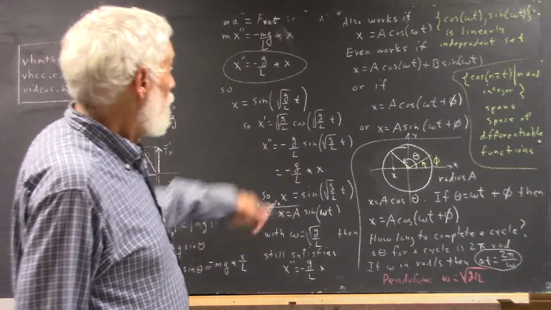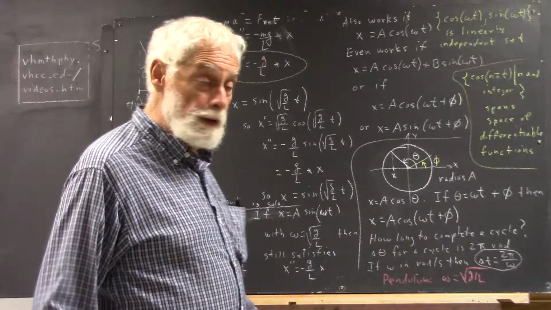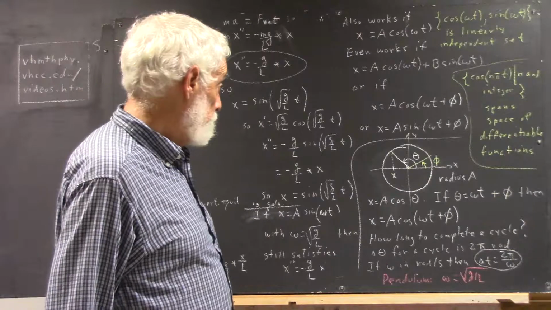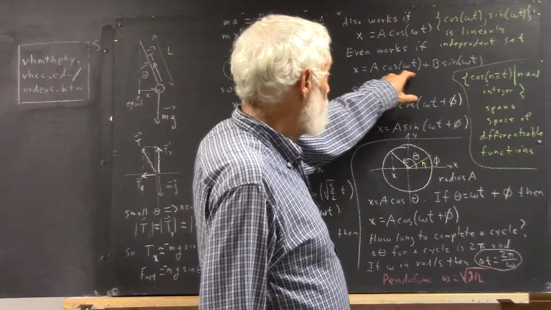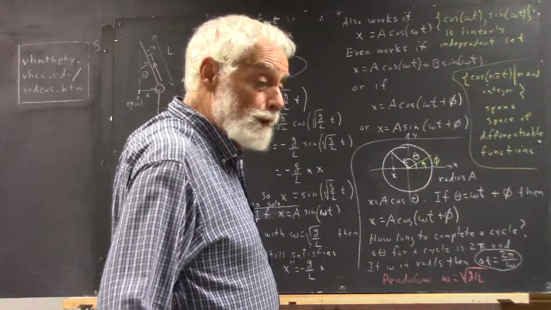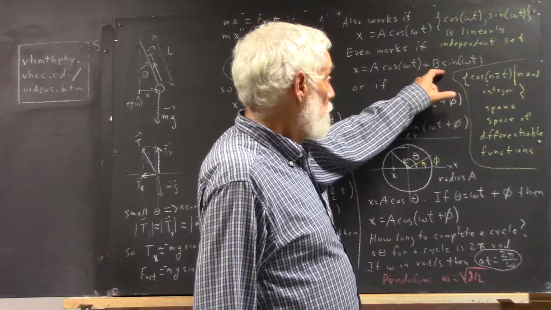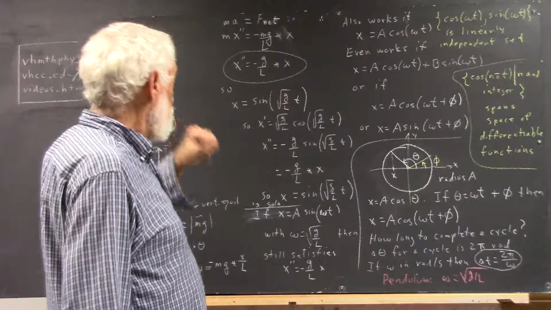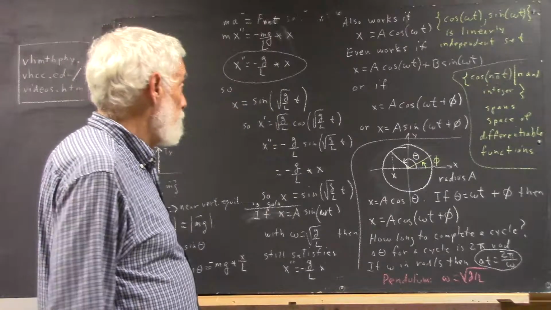Now, I say this also works if x equals a cosine of omega t, and that's equally easy to verify, so I'll leave it to you to verify that. Then I'll say it even works if x equals a cosine of omega t plus b sine of omega t. And you can easily verify that. It works for a cosine of omega t, it works for b sine of omega t. If you take two derivatives, you're still going to get the square root of g over L times x